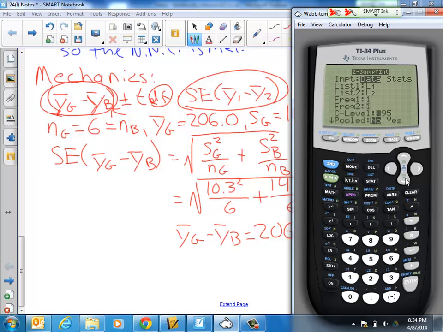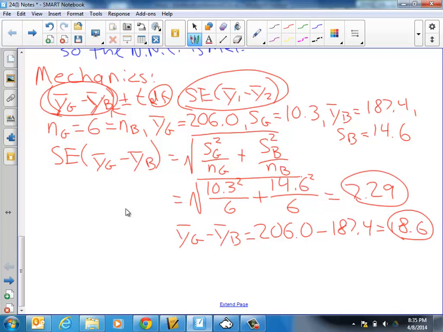So 2 sample t interval. We set all that up with L1, L2, 0.95 for the confidence interval. Calculate that. And again, that was 8.98 for the degrees of freedom. Okay. So this circled piece right here is equal to 8.98. Now we need that critical t-score. That's the last piece of the problem that we are still out on. Well, let's go to the t-distribution where this confidence interval is centered, and we know that the degrees of freedom is equal to